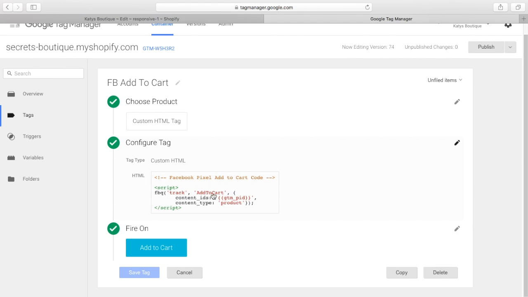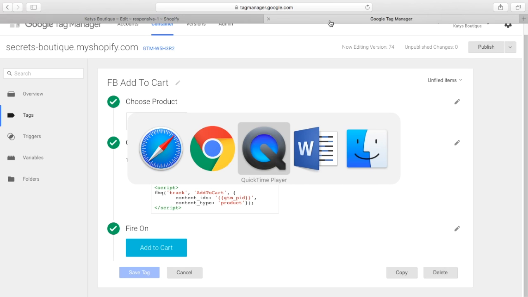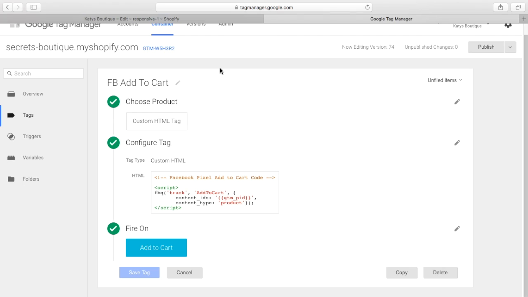So basically it's changed to add to cart. It's the same piece of code, but it's just changed to add to cart. And again, I will put that on my store for you to download. Then you're done. So now, when you go to your store and you add to cart,